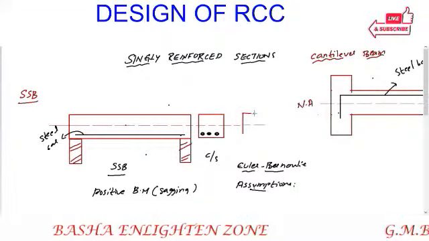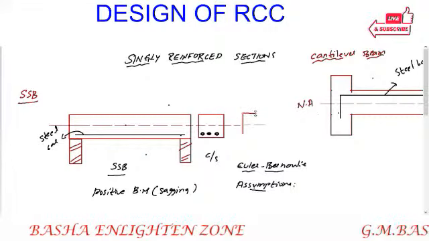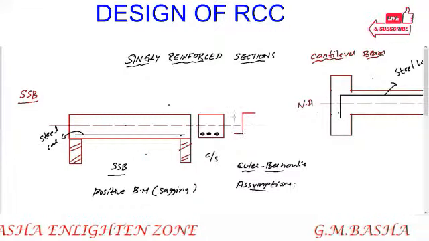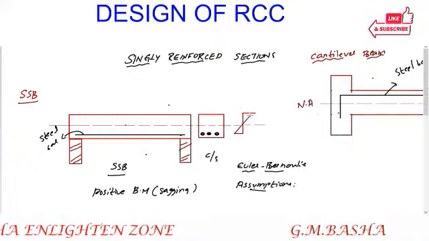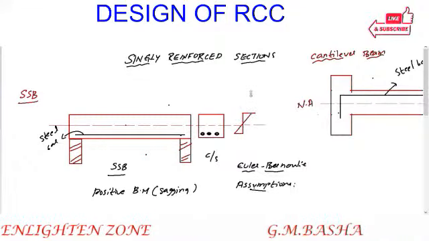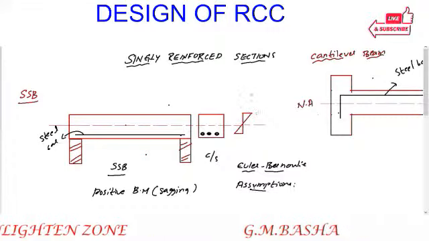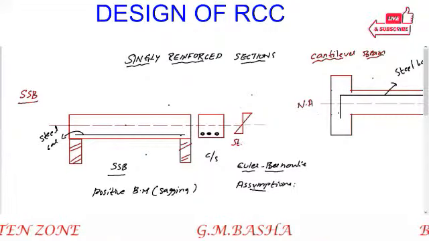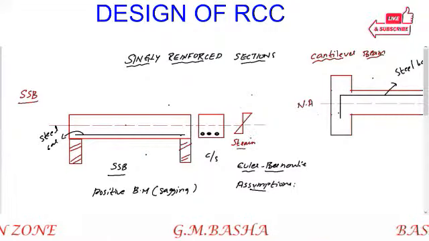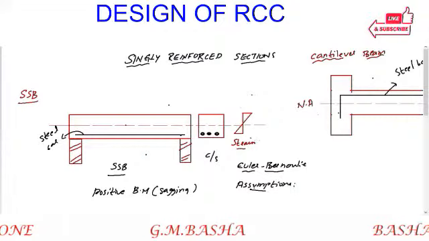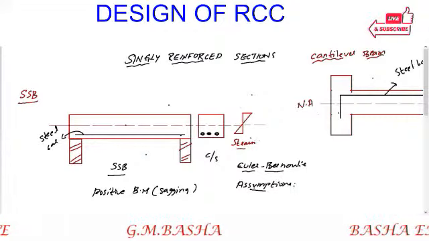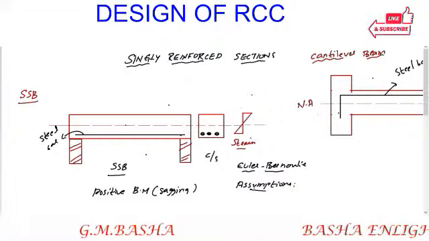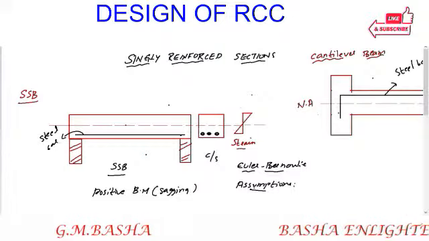So the strain diagram will be like this. Exactly up to the reinforcement only here. So this is the strain diagram. Okay, so what is the Bernoulli assumption? There is no deformation in the cross section, means it is linear. As per Bernoulli, this will be linear. There is no deformation in the shape of the cross section,